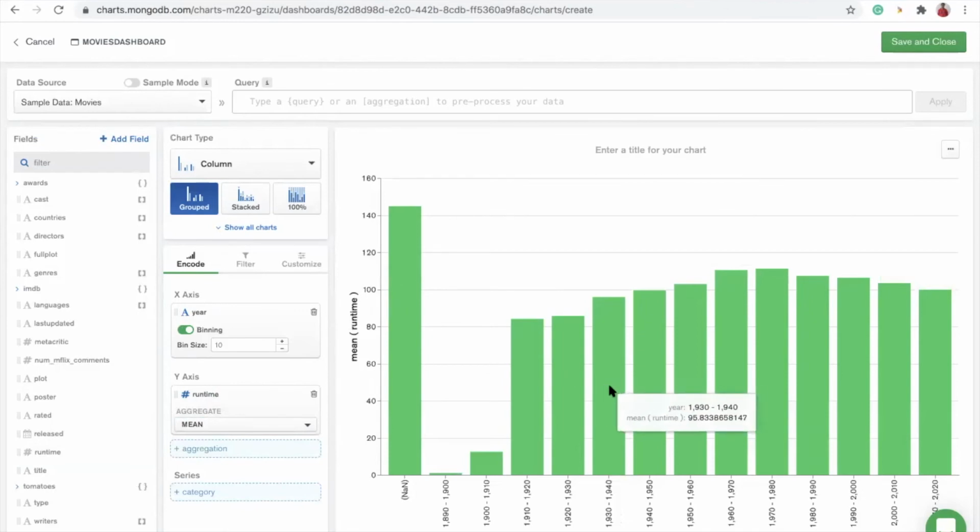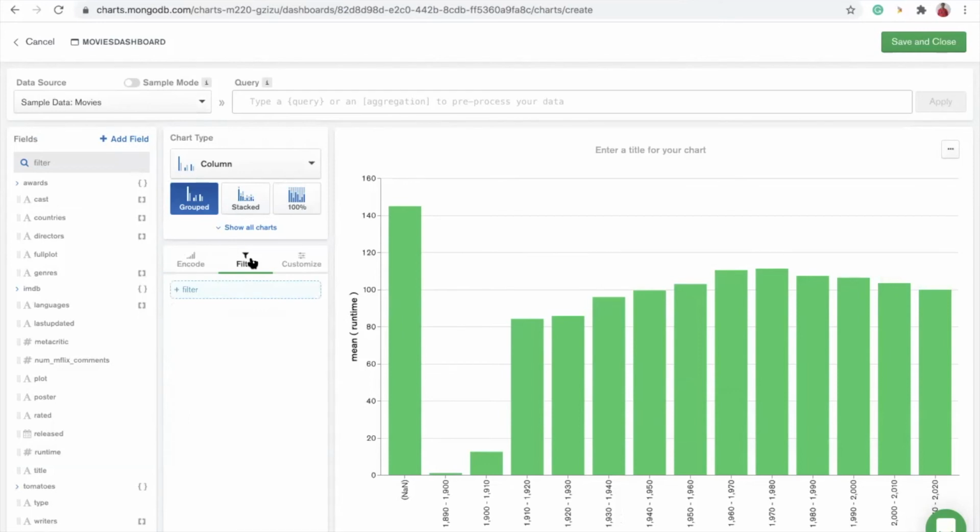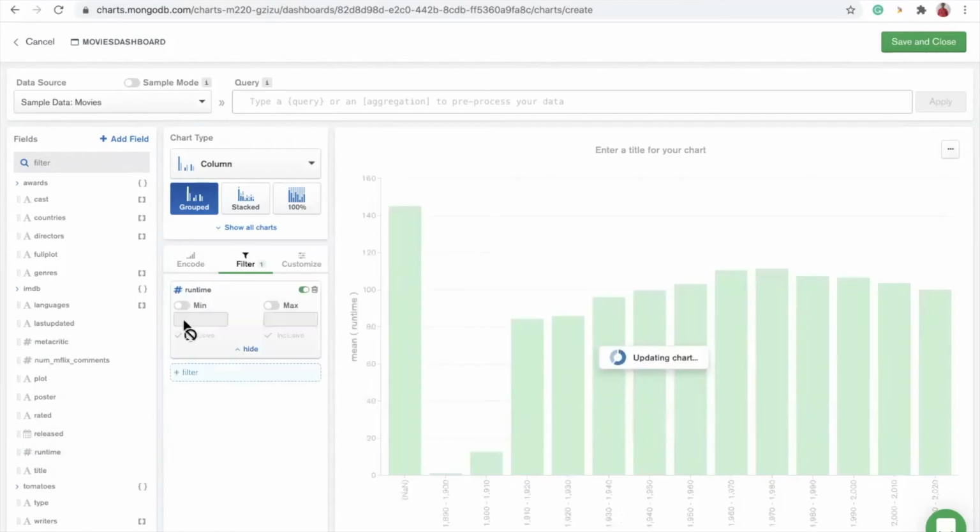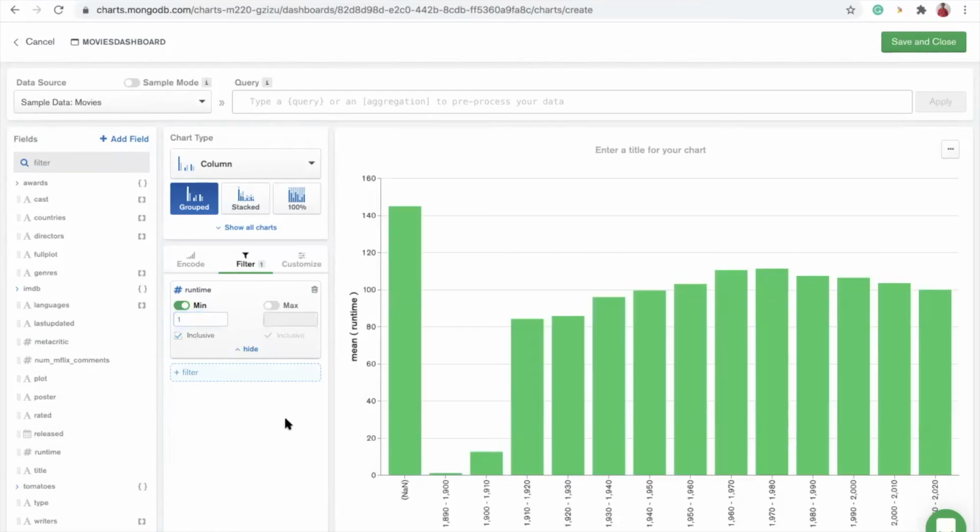Then we will have a filter for the same runtime, and I can select a minimum of at least 1 minute, and then it can be visible here. So we can analyze, for example, that for 1910 to 1920 there was a runtime of 84, and so on for every decade.